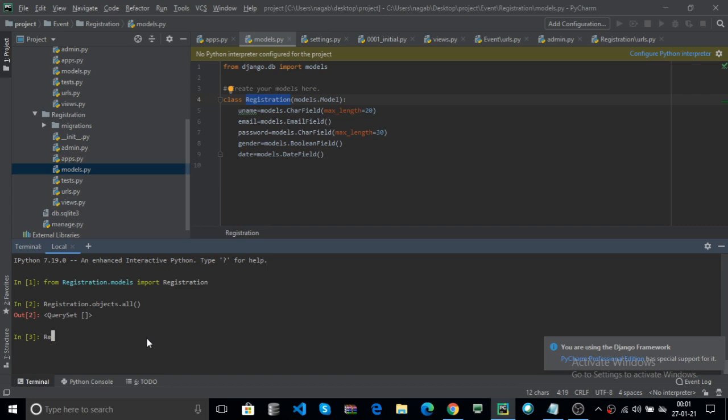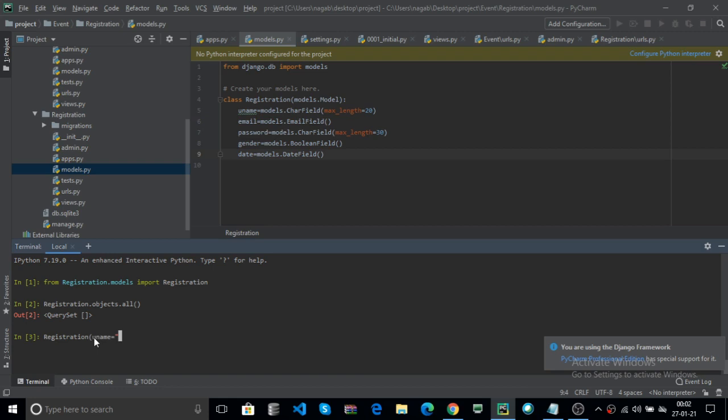For example, Registration is your model name, Registration dot, for example Registration(). Here you can pass your field names. First is the username.